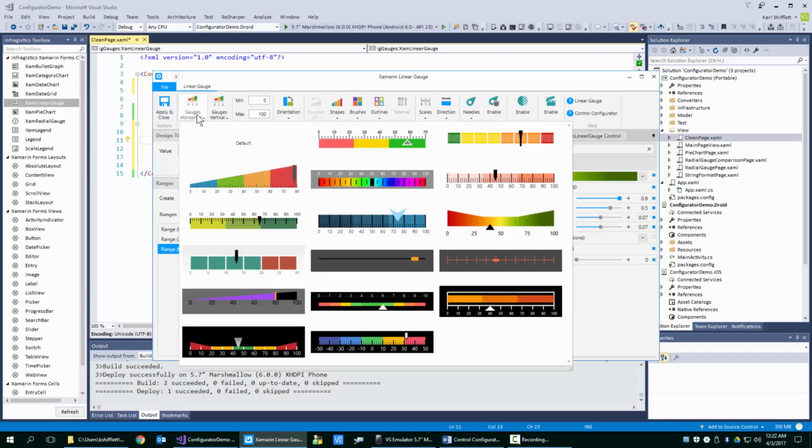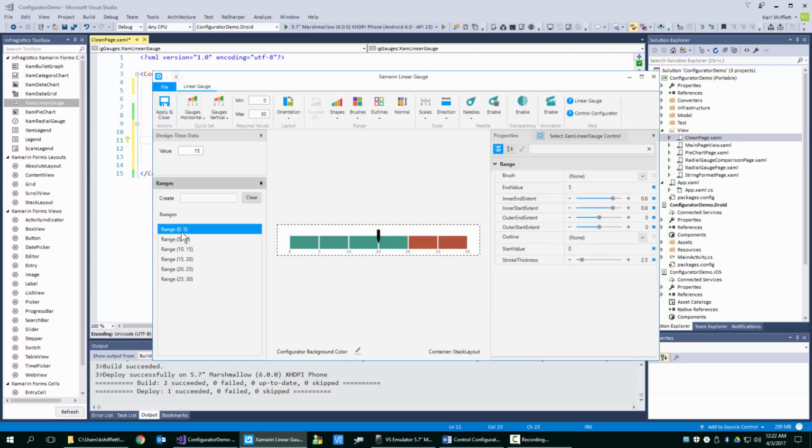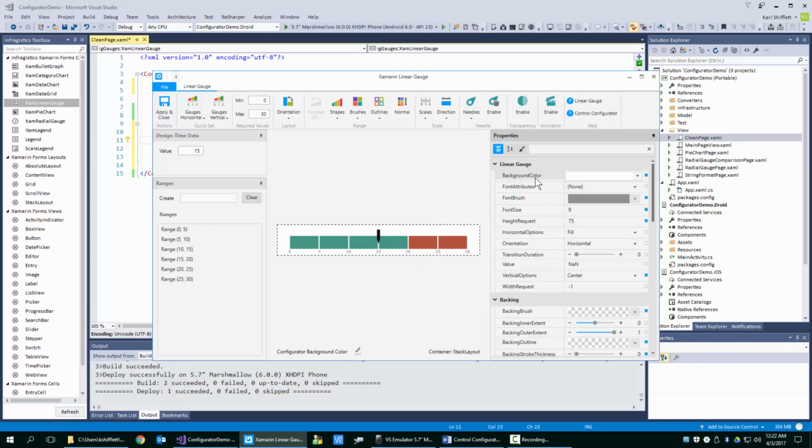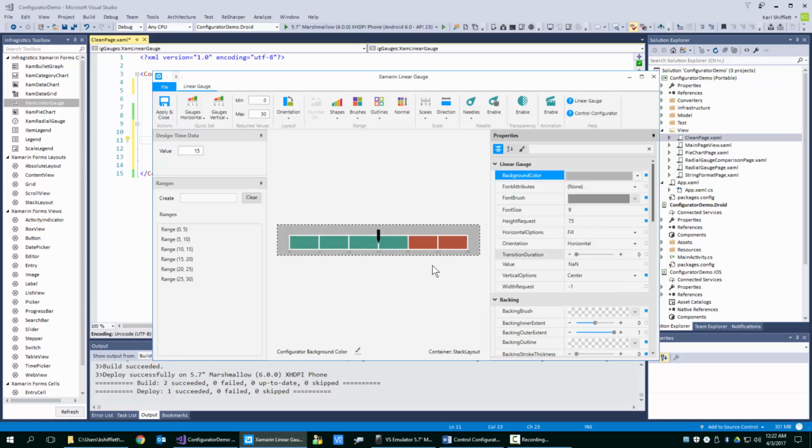Now, here's another quick set. This leverages a property right here called the stroke thickness. You see how there's some nice space between here? The way we did that was setting up the stroke thickness, which pushed distance between these two here, right? And then on the background brush, let me go back. I'll reselect the entire thing. So we have a background color. Now if I take that background color and change it to this gray here,